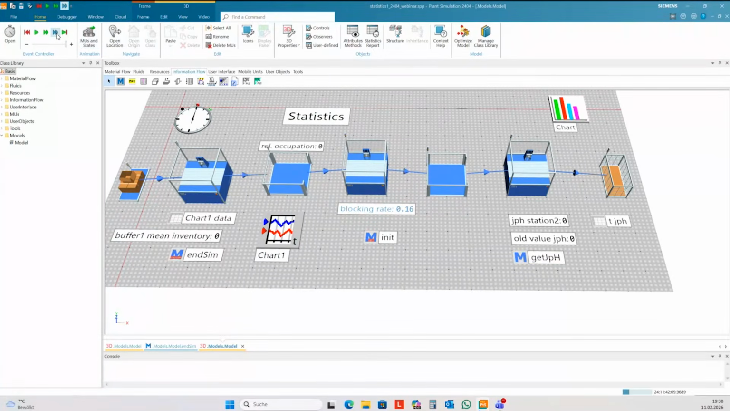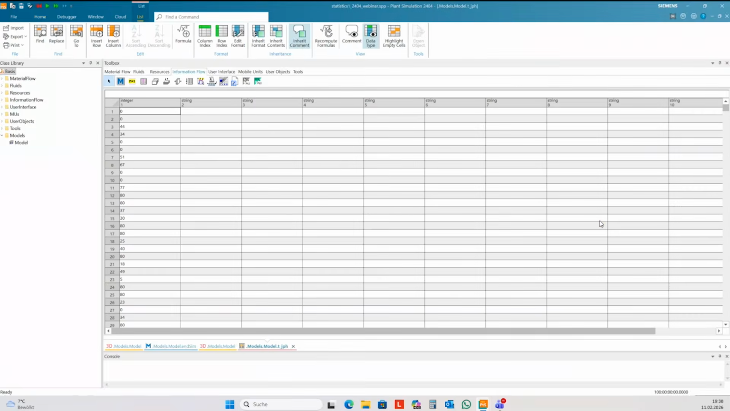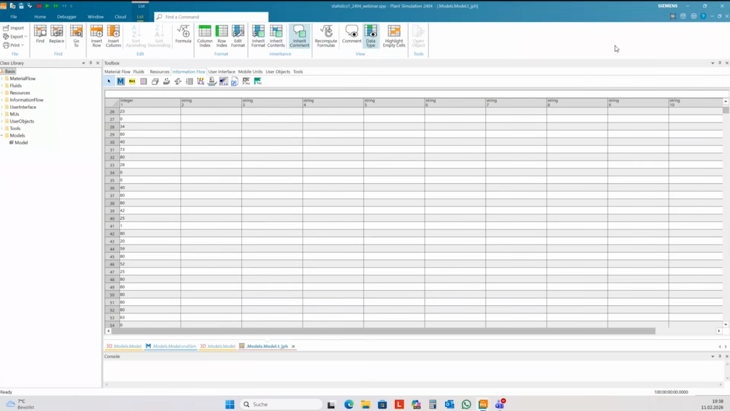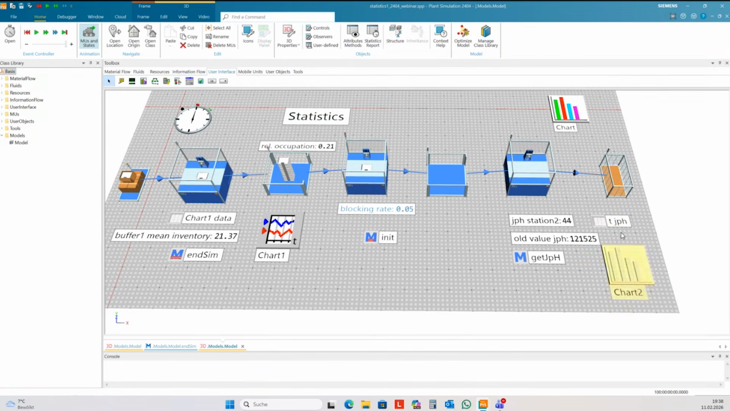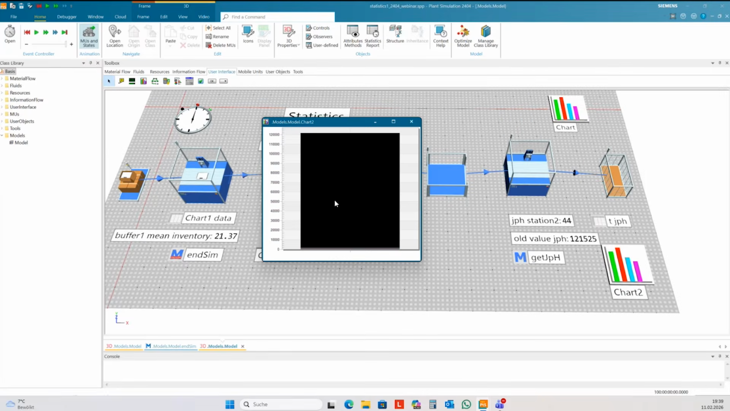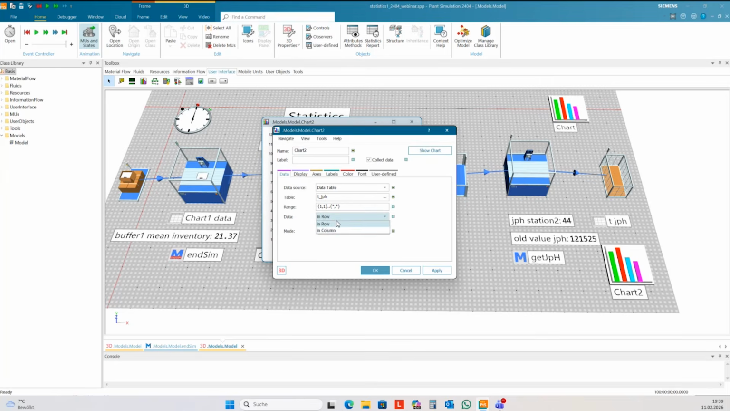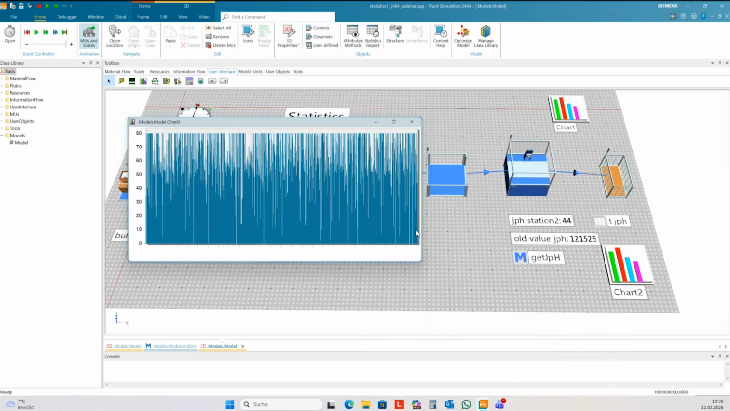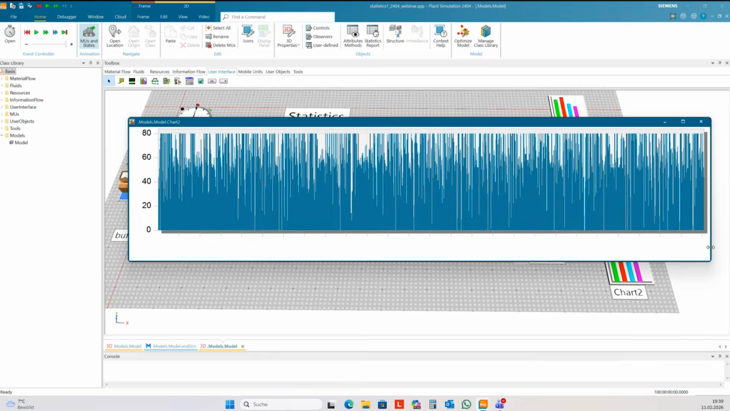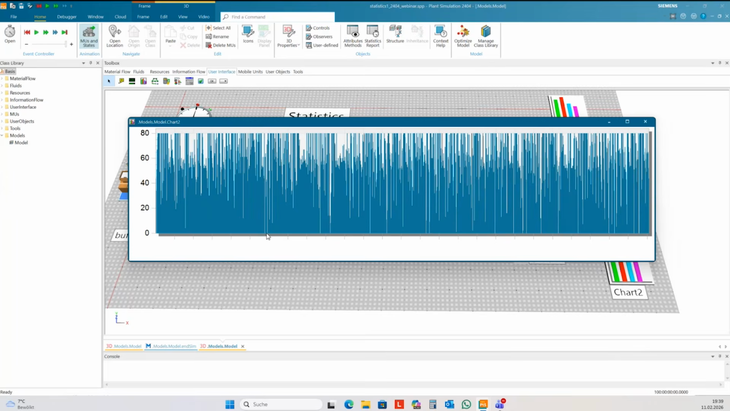And I run the simulation until the end. Here I have my recordings, and this is quite easy to evaluate. I take a chart, then I just drag the table onto the chart, and then I only need to change the data into column. Okay, and I have a lot of values here. And so you see it's flickering a lot, between almost 0